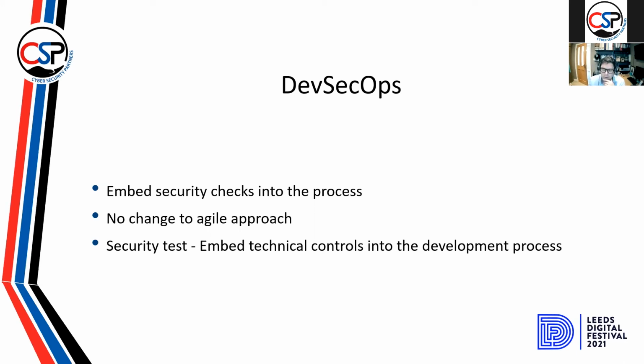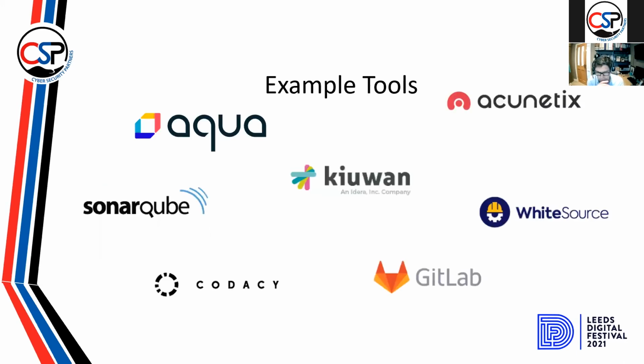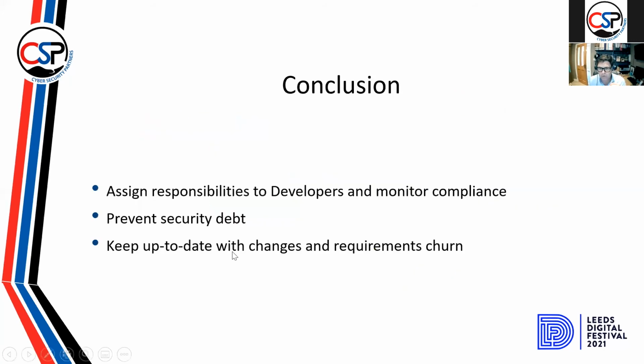These are common tools, example tools. There are lots out there. It's simple enough to do searches online to find out if there are any tools. Some have got more focus than others. So, for example, on this list, WhiteSource very much focuses on the open source elements. Again, that just runs a script against the code that's been written to ensure that the latest vulnerabilities are addressed. And Aqua, SonarQube, they all do pretty much